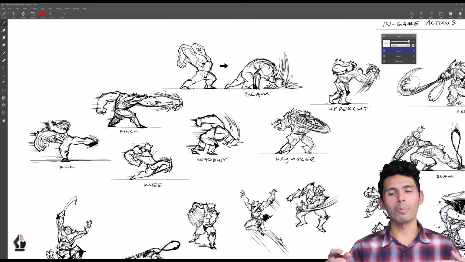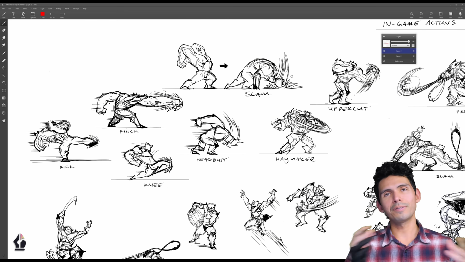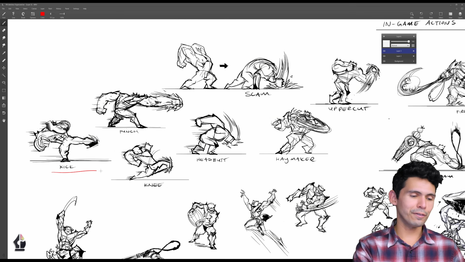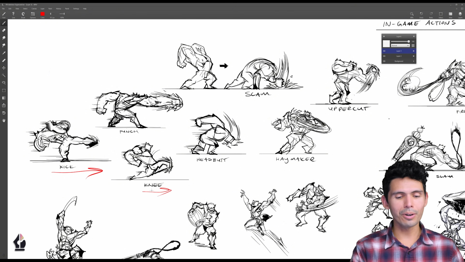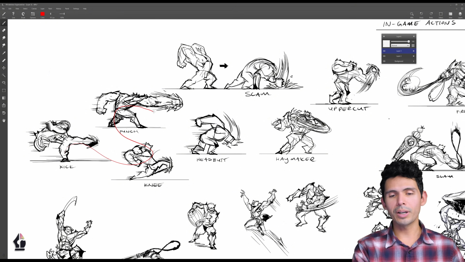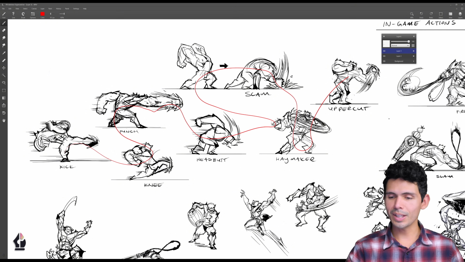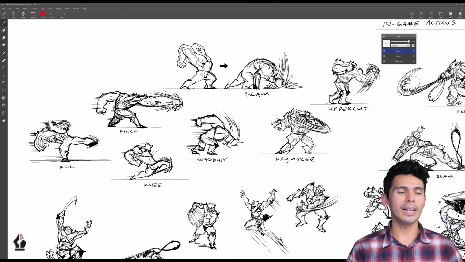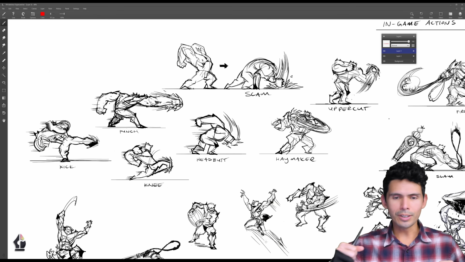So I thought, why not, if you've got just the melee arms equipped, that is to say Frankenstein's monster's normal arms, why can't he just do a whole variety of attacks in his chain? So it's just like feeling the kick slide forward, going into the knee, doing the punch, doing the headbutt, doing the slam, doing the haymaker. And yeah, as I'm doing these, like I said, I'm going,